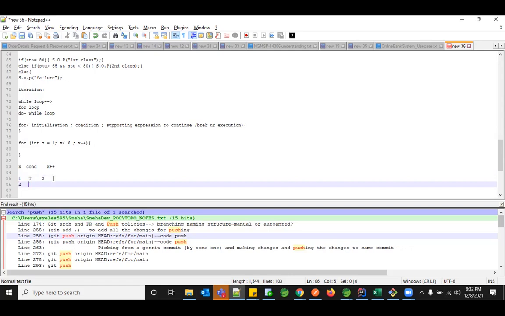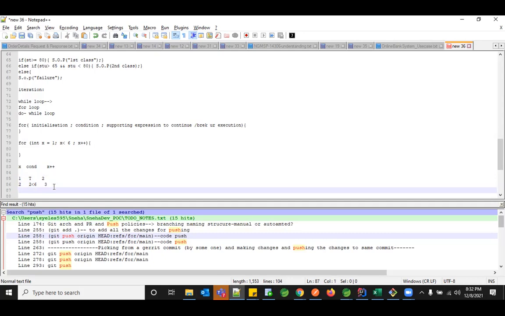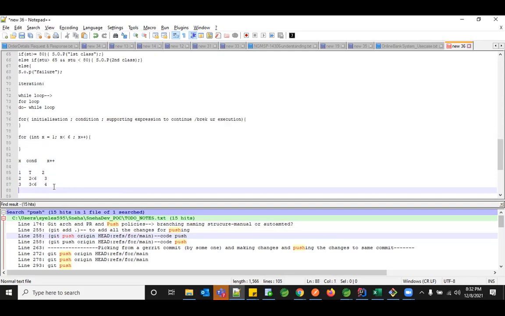Now I'm again coming here and checking 2 is less than 6. So is the condition again true or false? True. So now the x gets incremented again by 1. It becomes 3. So next it goes with 3, and again 3 is less than 6. The condition is true. It goes with the incremented value 4. Next the 4 will be my initial value, and it checks whether 4 is less than 6. Condition true, it goes with 5.